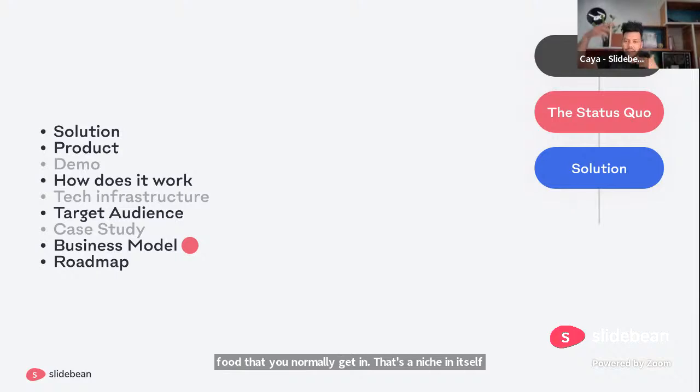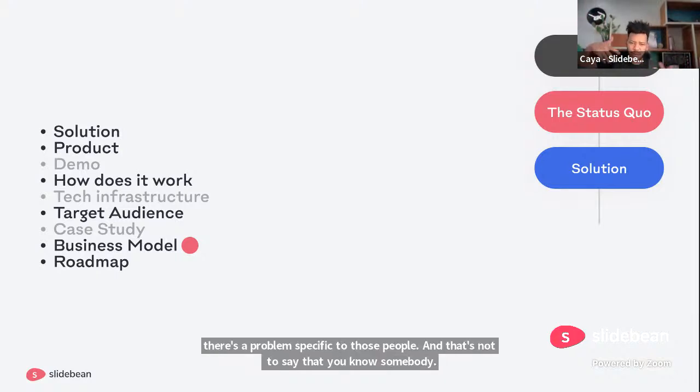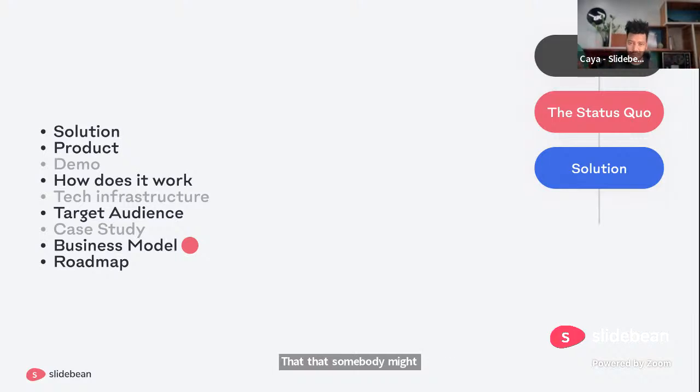And that's not to say that somebody might not order something else, or that you might not go to other types of customers eventually, but starting with a niche that you really understand and just doubling down on your marketing or your sales around that niche is super useful, and investors want to see some of that on your pitch deck. Case study is an optional slide, but I like to include it, especially in B2B products, because